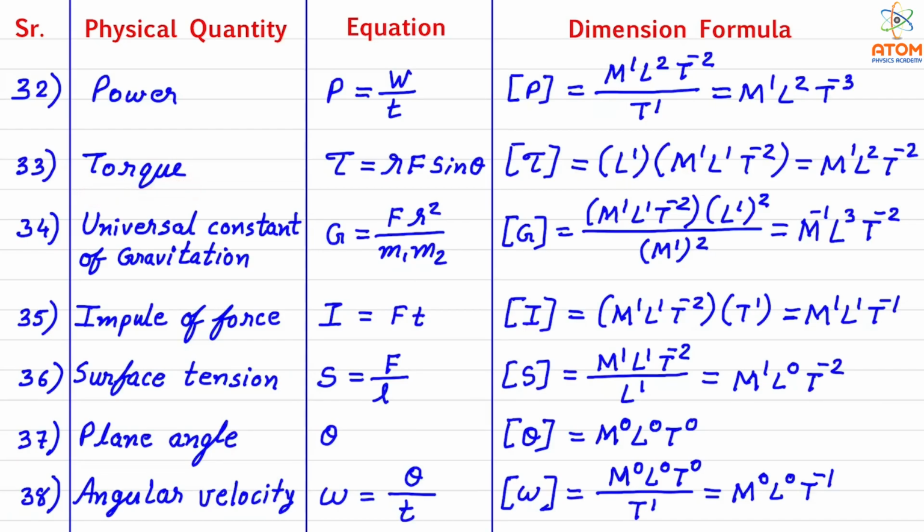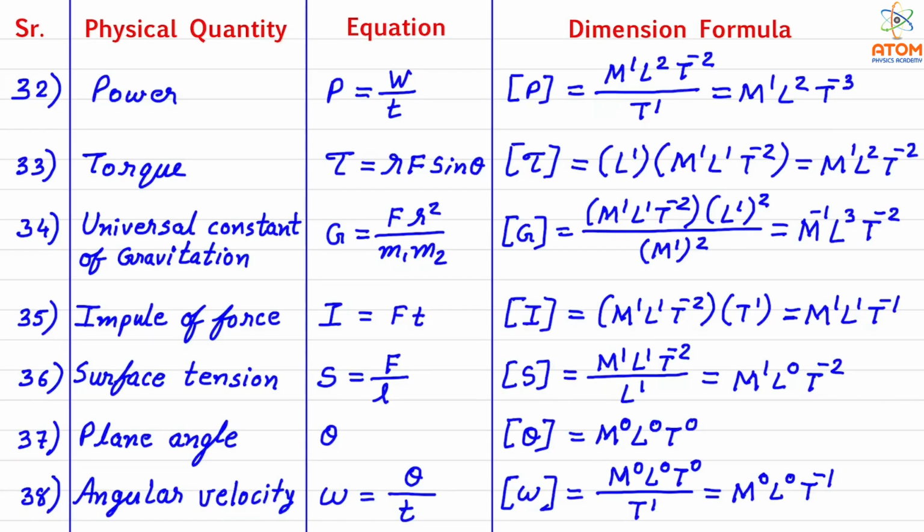The unit of torque is Newton meter. See, from force you can write Newton, and for radius you can write meter. So unit becomes Newton meter. Sin theta has no unit. But this Newton meter can also be written as joule. Though it is not written in the form of joule, for torque the unit is always given in the form of Newton meter. But because it is equivalent to joule, the dimension formula also comes the same as work or energy, M1 L2 T minus 2.